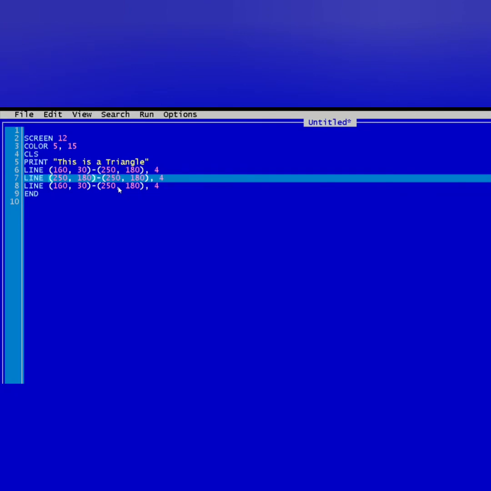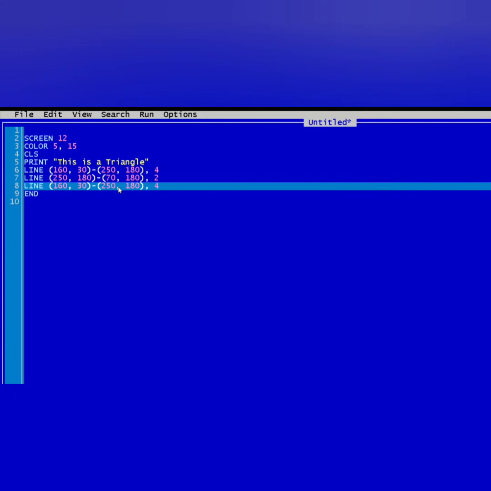So now I am drawing line BC. Say the triangle is ABC. Now I am writing the coordinate of BC. So B will be the same here. The coordinate of B will be the same. Then I will change this. I will write the C coordinate now. I am writing the C coordinate as 70 comma 180, and I am making this line color as 2.